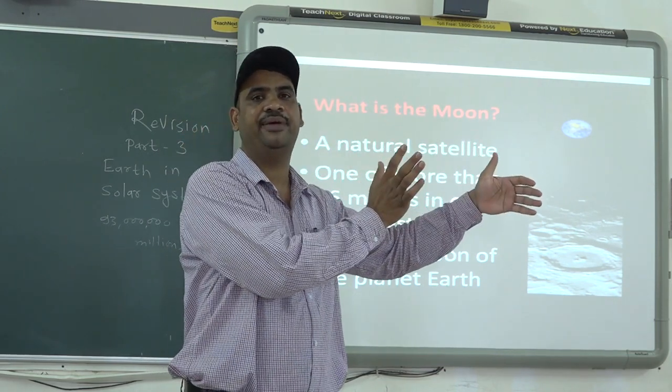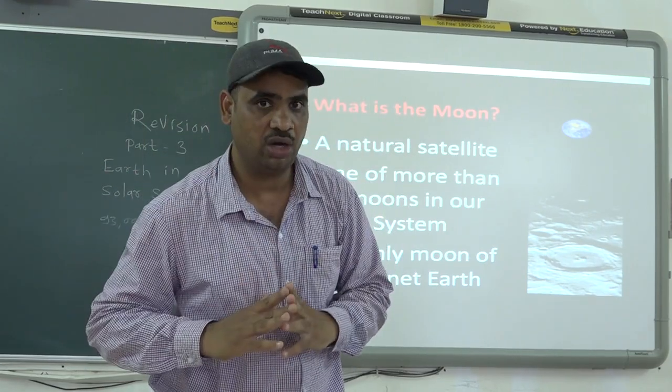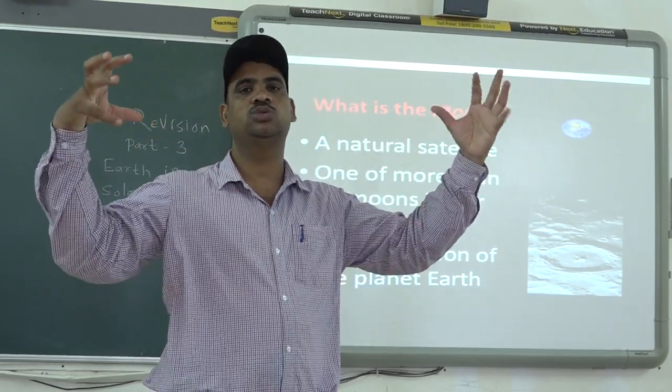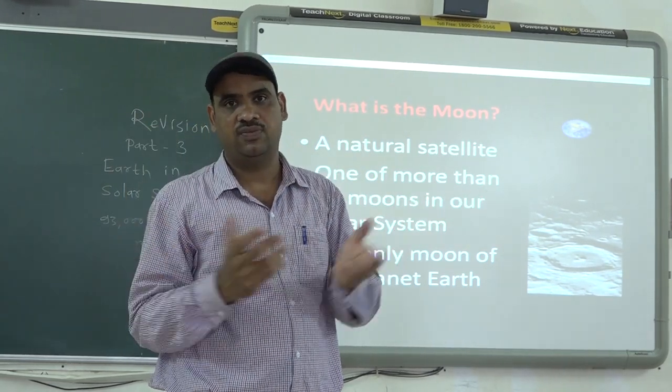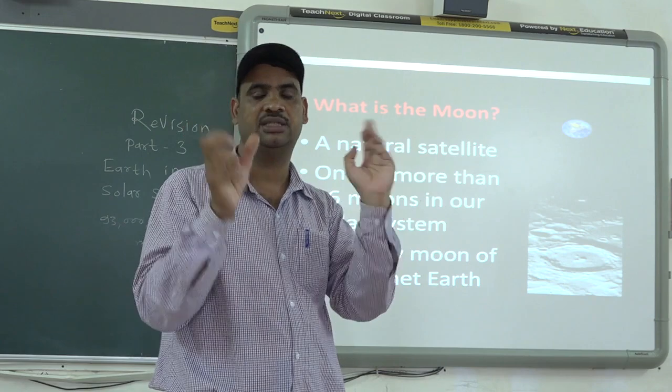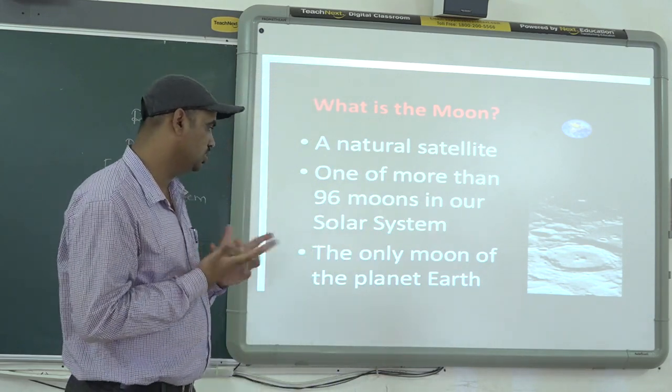On one side we have the gravity of the sun, and on the other side we have the gravity of the moon. Because of these two gravities, the Earth is able to stand stable. It is not falling down much. It has the balance, we can say. It is balancing the gravity of both.